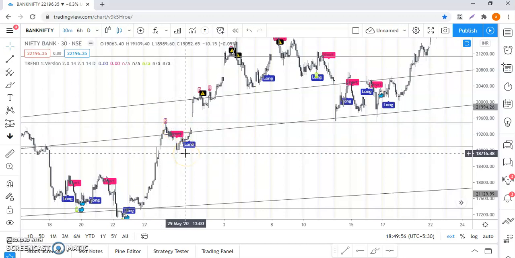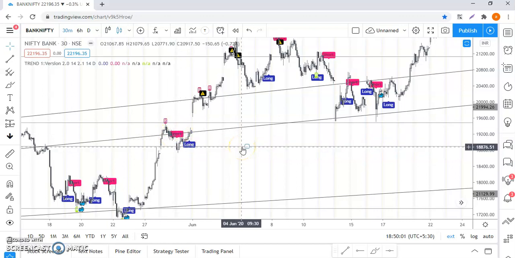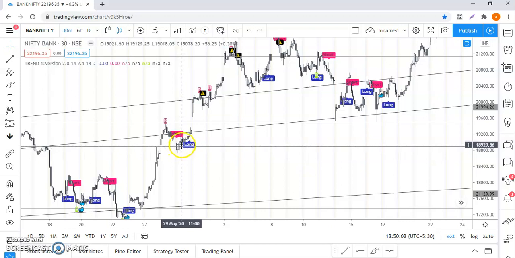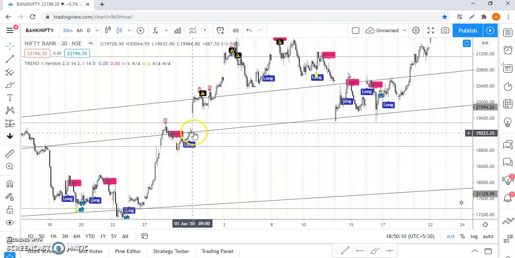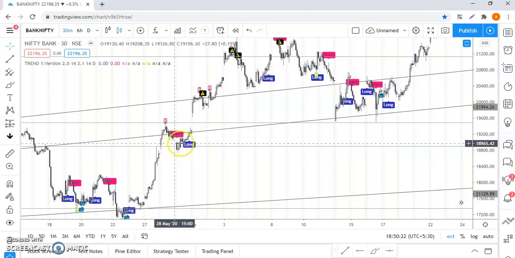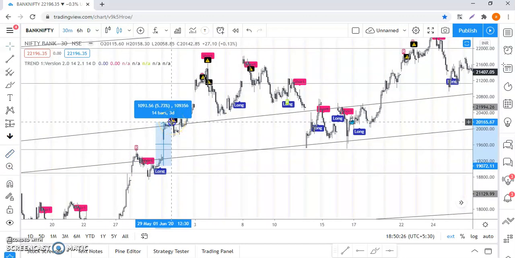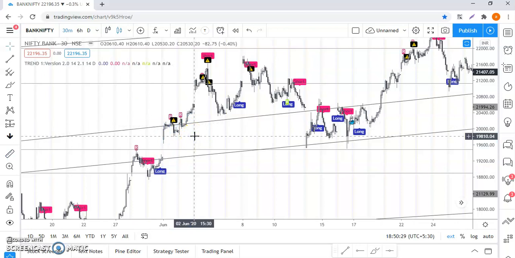That is called trading with the trend, right? Now you went for a short position and again it came here, and this line, we already drew the support and resistance line before, remember that. Once the support was retested and it bounced again, and our bot gave a long signal, what should you do? Comfortably you should go for a long position. Don't even think anything else. When the bot is giving you long, you should go for a long position. You should not think twice. So what happened here? This long, how much did it give you? Right, 5.73%, 5.73% high.